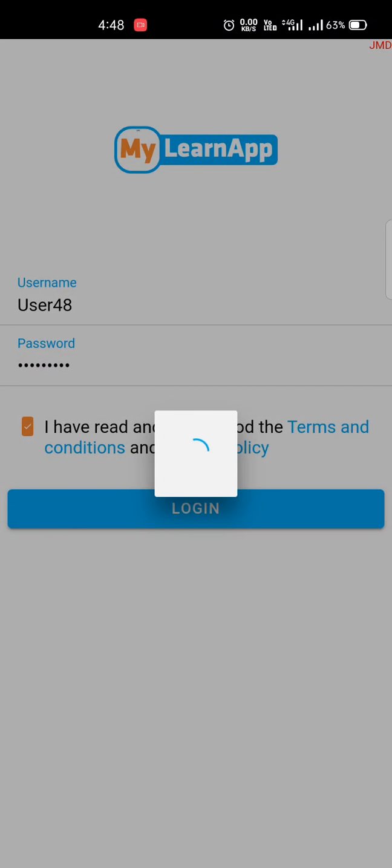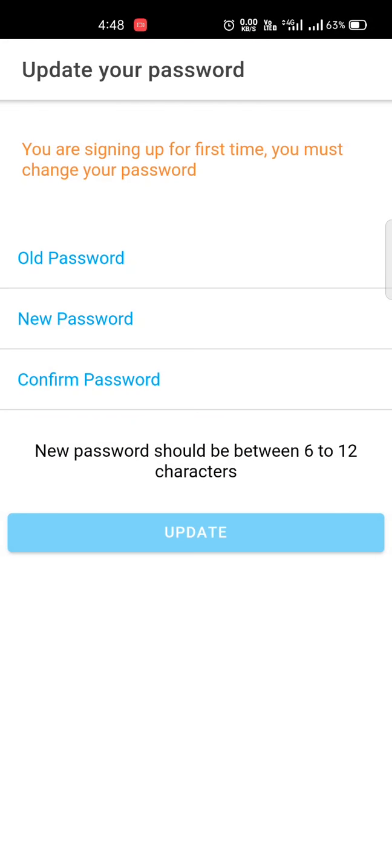So after login, you will be redirected to the update your password page where you can change your password according to yourself. So right now I'm keeping the password the same.